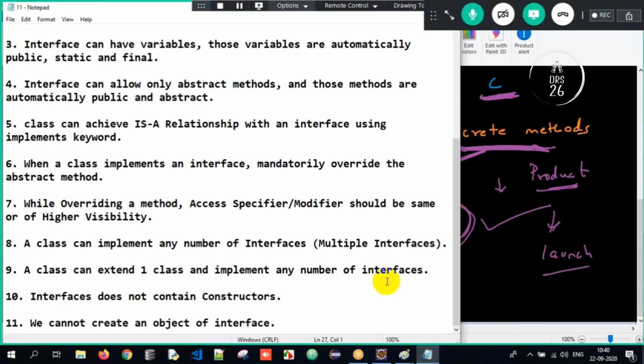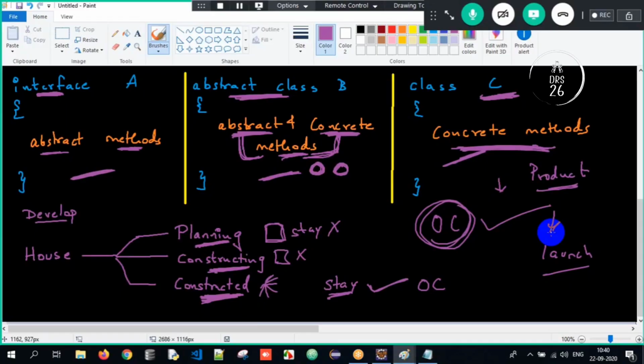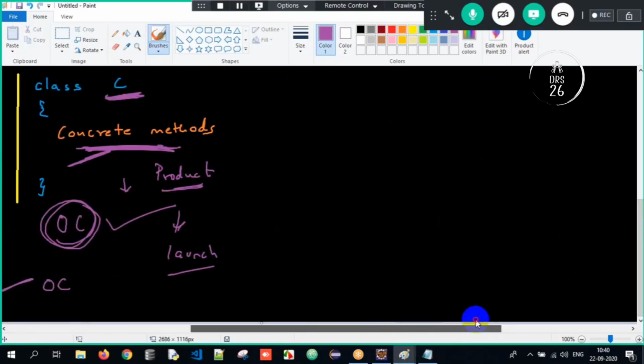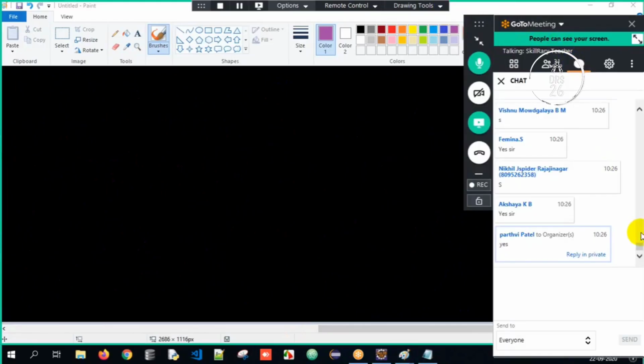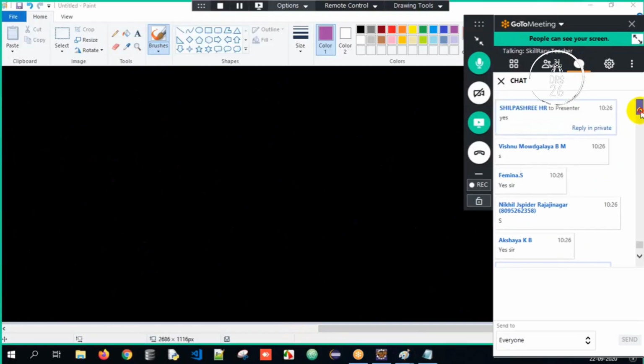And we also spoke about once you are inheriting, implementing an interface, override the abstract method. While overriding, the access specifier has to be same or of increased visibility. Can one class implement multiple interfaces and extend one class? Possible. But it has to extend and then implement it. Interface does not have constructors here. Okay, so therefore, we cannot create an object of it, and we have seen those differences as well. Okay, so this is all about the entire process about understanding what is a relationship and how do we achieve all those respective data here. Got it? So this is all about today's session here.